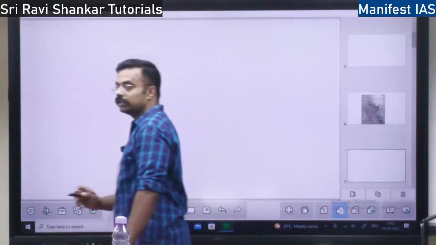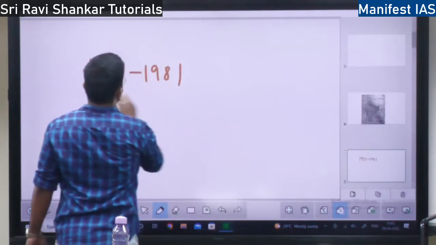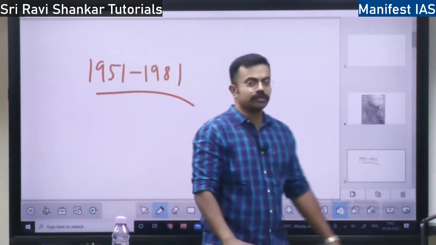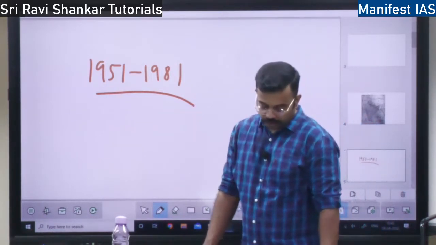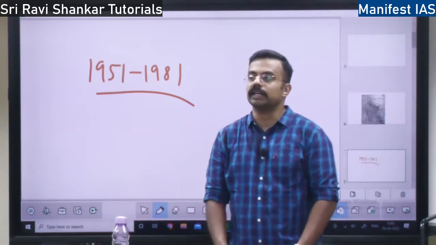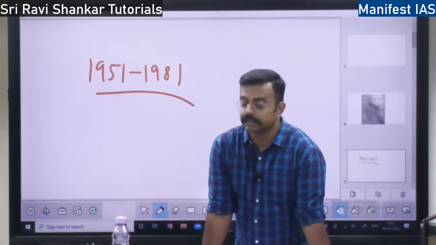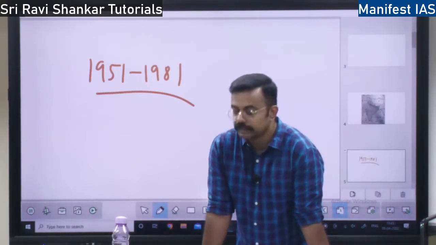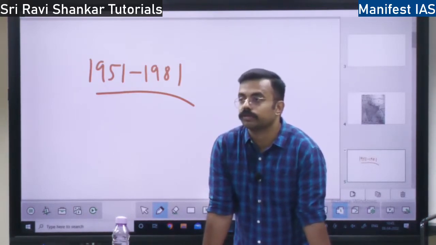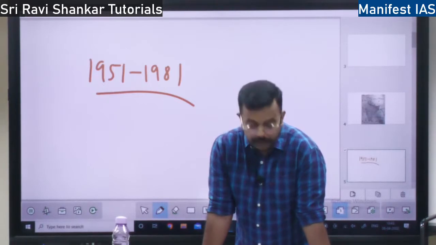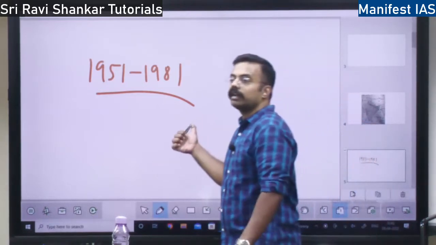The third phase is from 1951 until 1981. This is a phase of population explosion. There was a huge increase in the population in India, right? Everybody was having 4 to 5 kids, and the population exploded. There was a tremendous increase in India's population. Why did the population increase? Because fertility increased. Fertility means the number of children born to women increased, and the death rate also decreased. Death rate decreased because by this time the British were out of India and we were under self-rule.